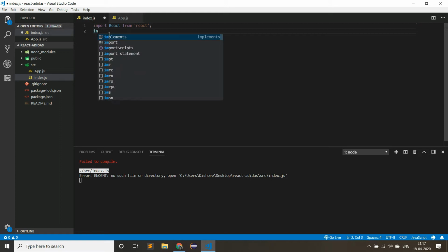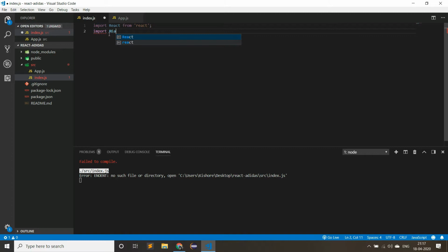And then we are going to use the React DOM manipulations. For that, use import ReactDOM from react-dom. And then I import the app.js. So import App from app.